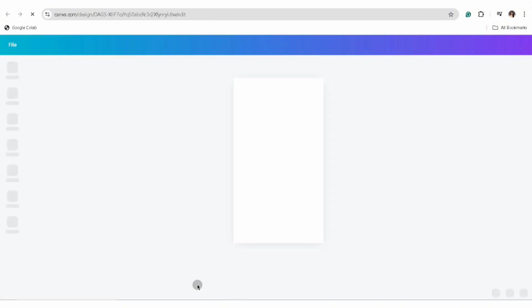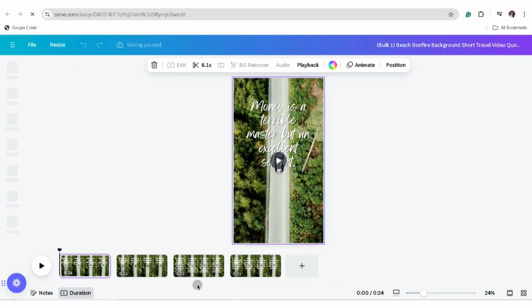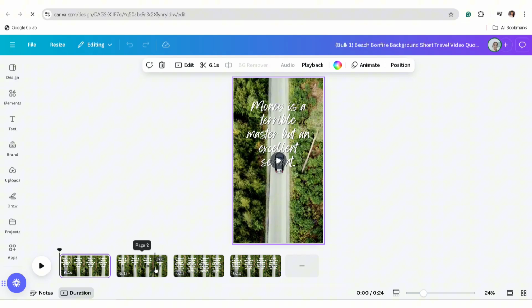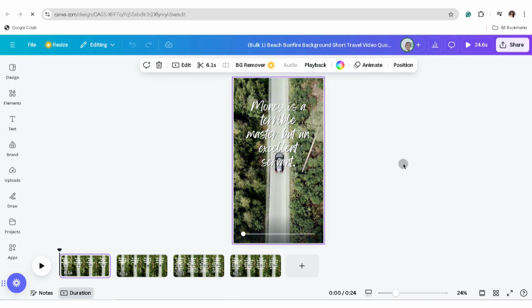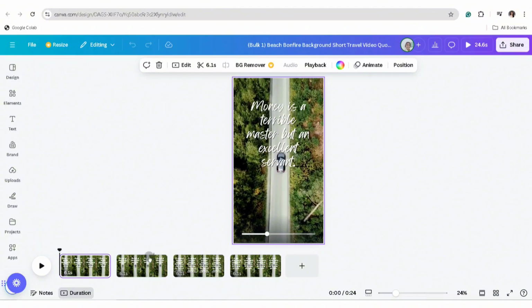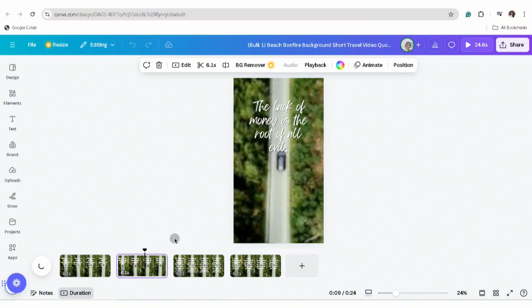And this will redirect you into a new page where you'll be able to find the generated video based on your Excel file and the template that you've used for your video. And that's how you can simply bulk